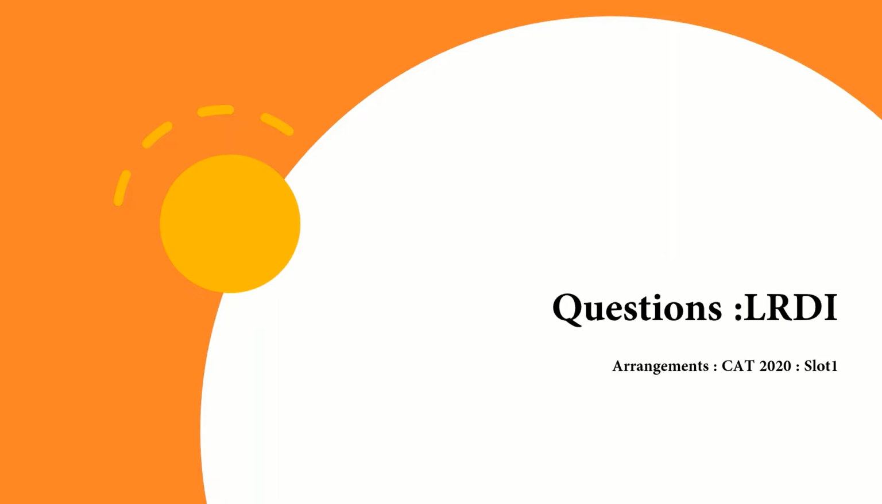The basic idea while we are solving LRDI sections is to figure out the easy questions. Arrangements is one topic on which you will find at least 2 sets coming in the CAT question paper. So it's an important section. All of us need to practice it, and there will be some questions which are easy. Now this question that we are about to discuss is one of those easy questions that appeared in the CAT